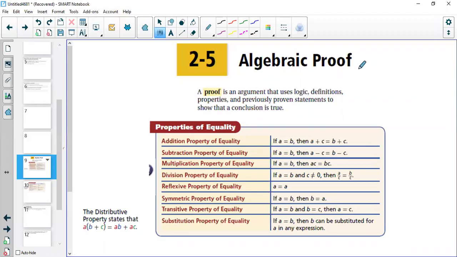Hello all. This video is going to be for chapter 2 lesson 5, which is about algebraic proofs. Now you might be wondering, why is an algebra lesson in the middle of a geometry lesson in a geometry chapter? Well, that's because they just wanted to know how you prove, or how you show the justification for